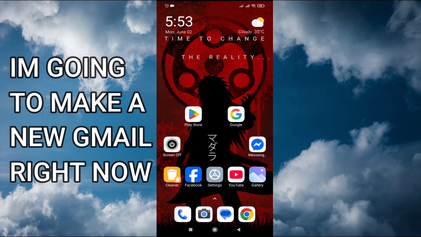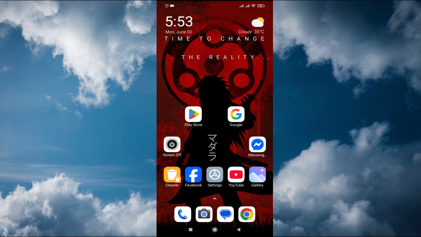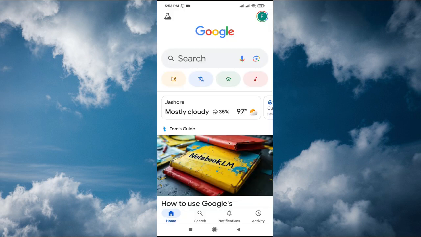So the trick is, if you want to create another Gmail account without a phone number, you just have to use the Google search bar app, or you can use the Play Store app. So I'm going to use the Google search bar app. Tap on Google, open the Google search bar app, and here, if you already signed in with an account, just